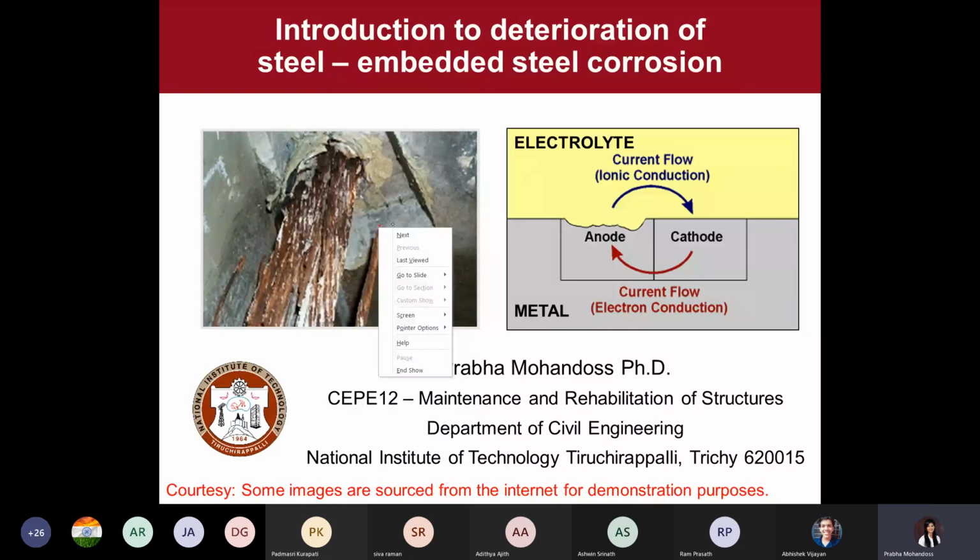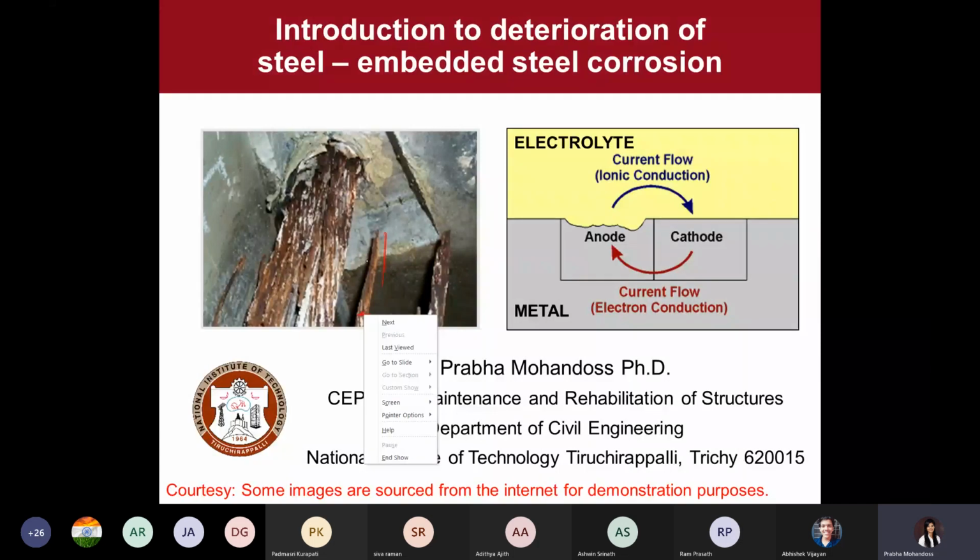So this is the actual cross sectional area, or you can say the nominal diameter of your strand. But as it has corroded, there is a reduction in the area, that is a reduction in diameter, and it has come to a point. This kind of damage mechanism will severely affect the structural performance of the member. So we look at the details of the corrosion mechanism in this lecture and how significant these are in real life structures.